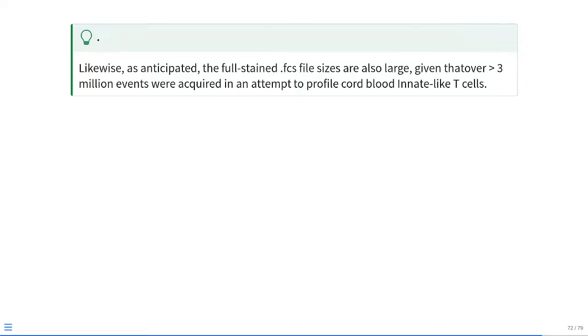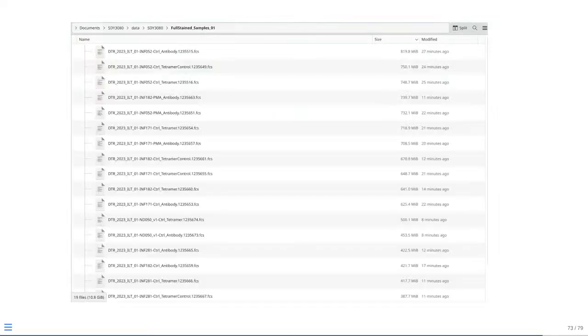Likewise, as anticipated, the full stain samples are going to be large, given that over 3 million events were acquired in order to have enough events to profile cord blood innate-like T cells. As you can see, the largest of these files was over 800 megabytes for just that individual raw FCS file. So these are some of the caveats that you would encounter if you're working with your own datasets, but